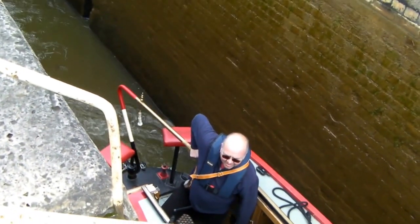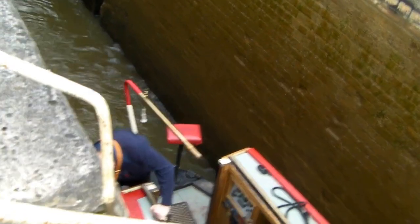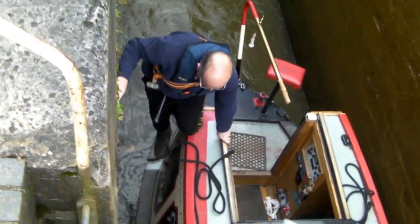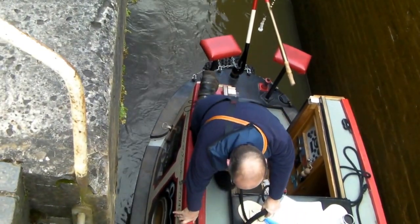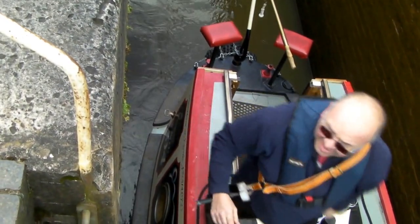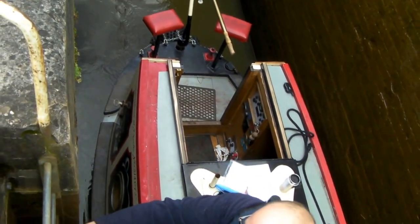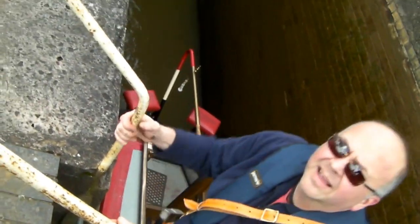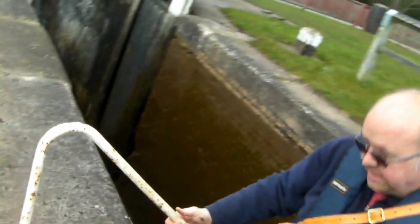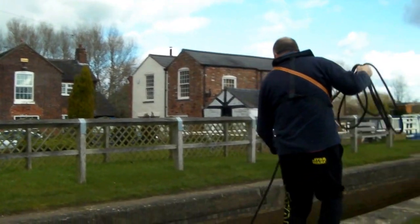And then what I need is my trusty middle rope again. Yuck. Lock walls are really messy. So, this is where you can see why the holster comes into play, because I'm carrying the rope. I don't need to carry my windlass because it's safely at my waist. Right, I'm up here. The boat's down there. So, what I'm going to do,